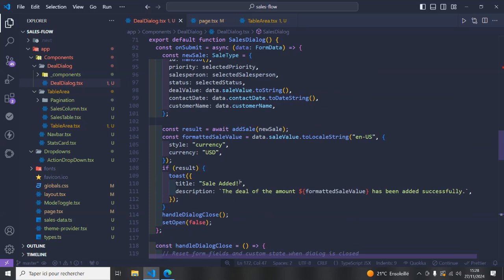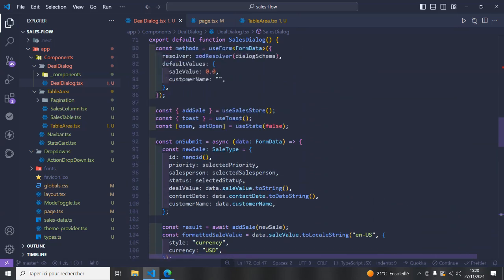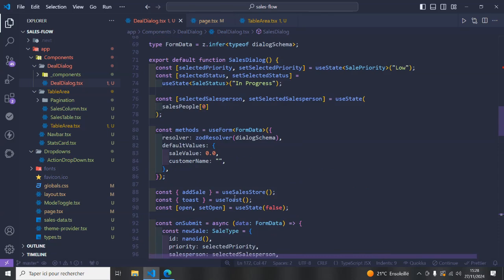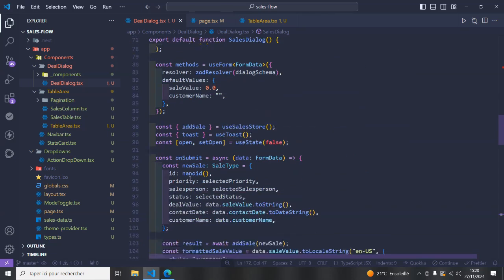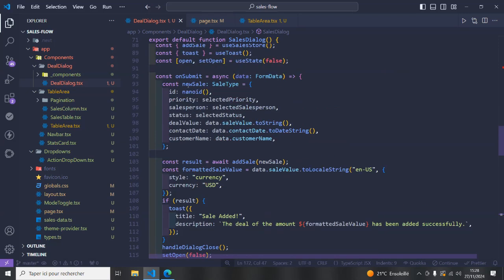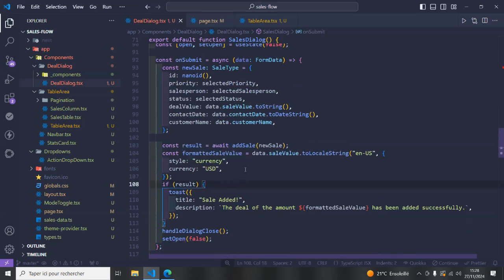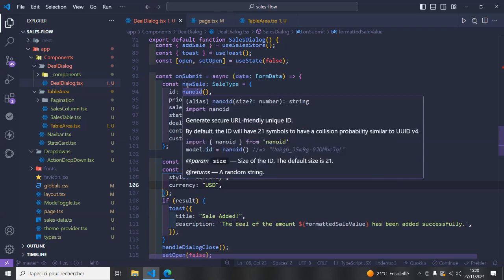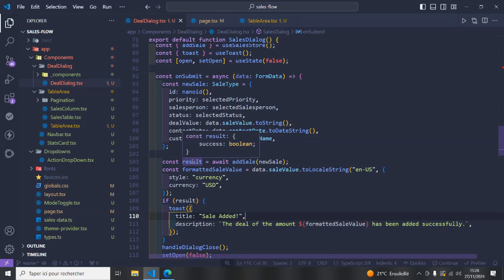Sorry for this. So after this, we're going to use this method that we got from the use sales store, which is the add sale, and we're going to use it inside the onSubmit function. Here, this is what we're going to do. We are going to use the await keyword because the add sale is a promise. So we're going to use the add sale, and we're going to pass inside of it the object that we created in here. And since it is returning success, which is a Boolean,